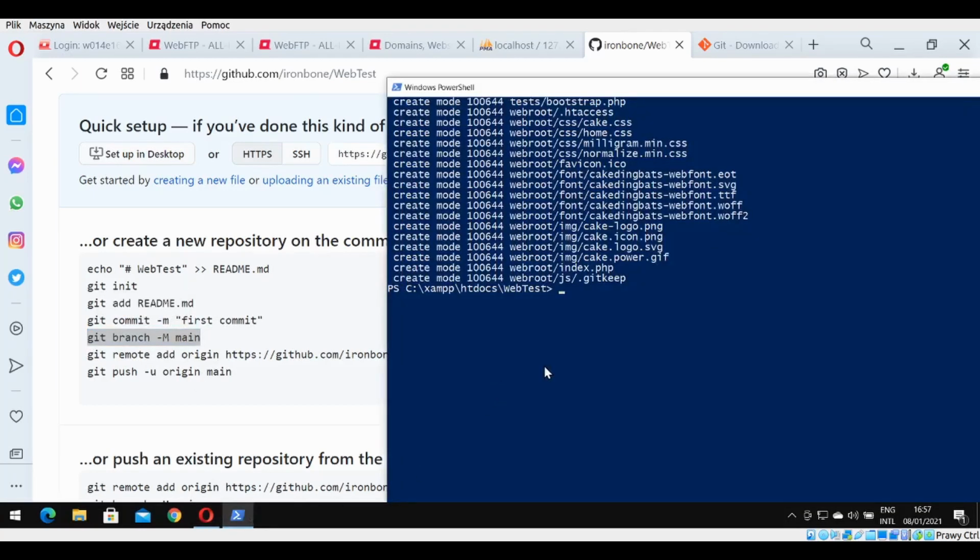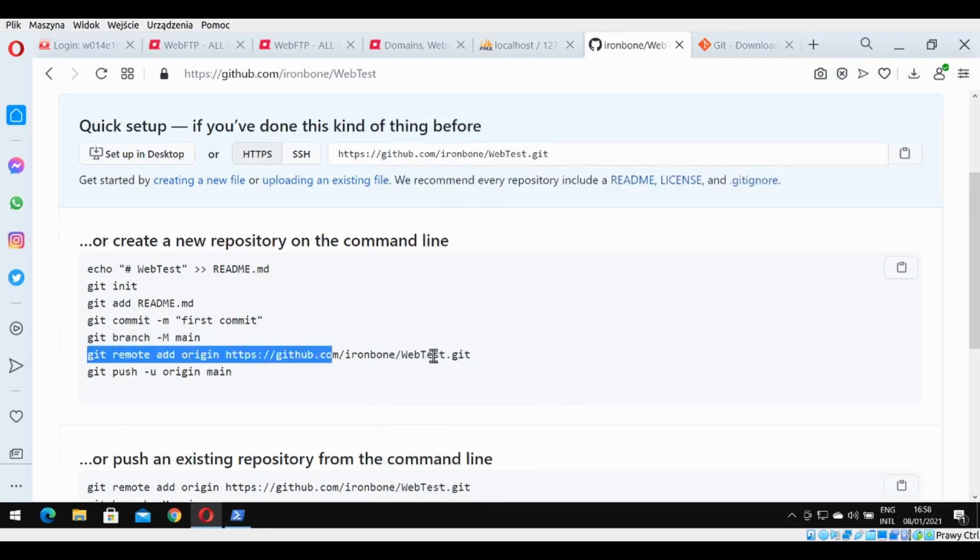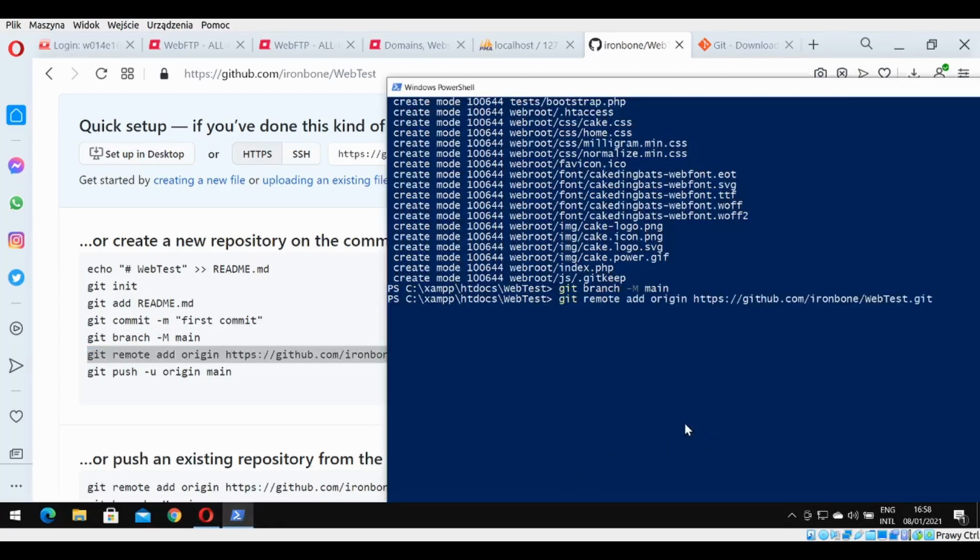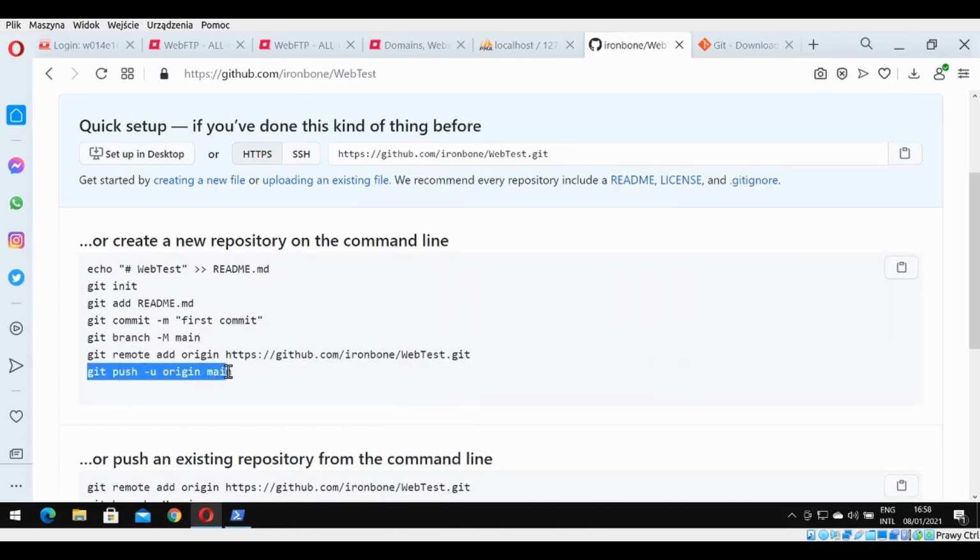Because in Git we can have different branches, this sets which branch we will use here, the main branch in most cases. If you just use only GitHub for transferring data from one computer to another and not for working in a group, we will in most cases use the main branch. Okay, and then we will now connect the current directory with the remote directory. It is connected, and now just push everything to the